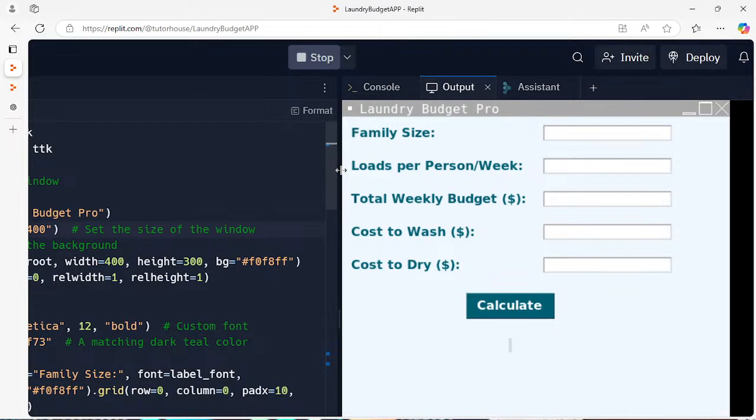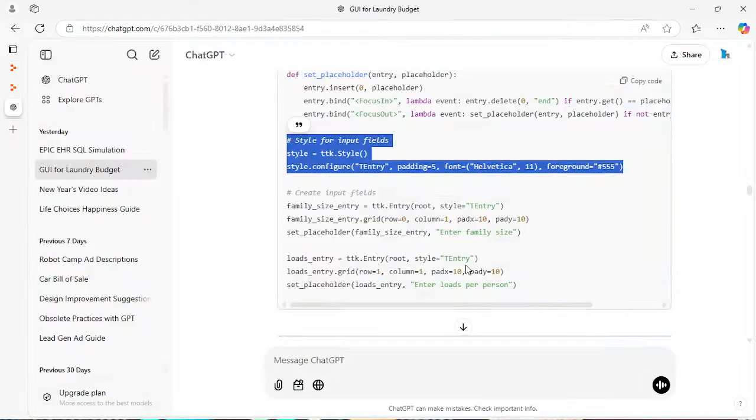Let's go ahead and go back to ChatGPT. Yeah, I think the placeholder text wasn't working, and the family size entry and the loads entry. I know I kind of took everything out, so we'll readdress that later. Let's see. So we got the calculate button changed. Now we're gonna add round corners. That's our step 5. And we're gonna copy the code because the output frame is gonna be TK frame,